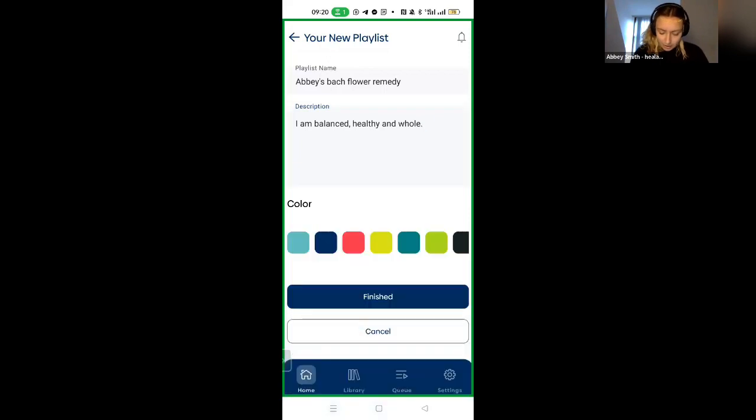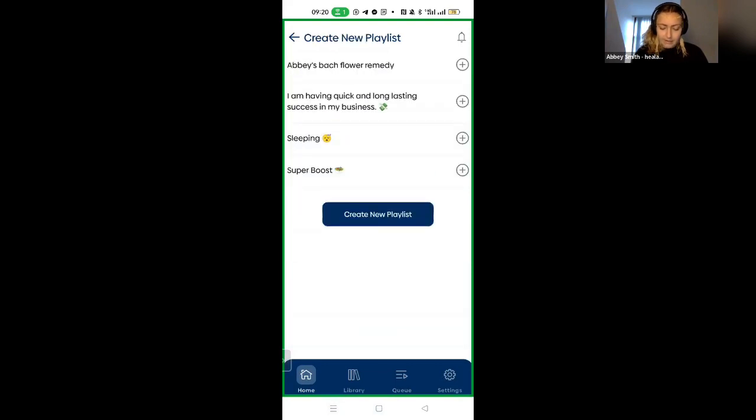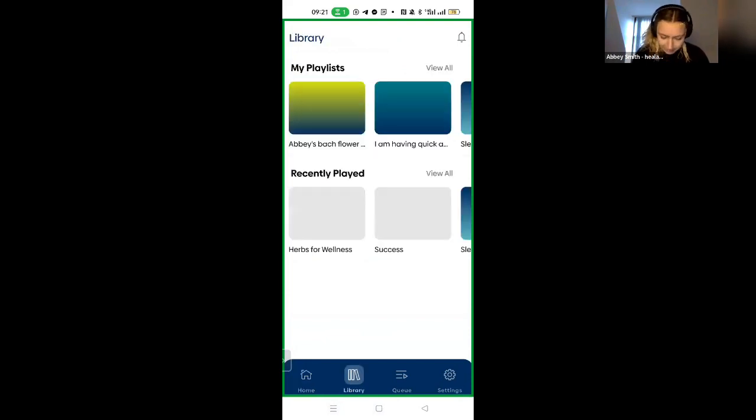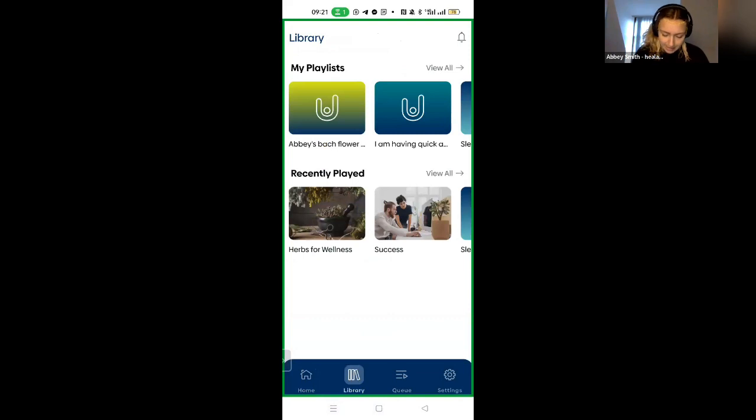So I'm going to give it a color, and I think I'll go for this nice greeny color, and then I'm going to finish. So now it's creating Abby's Bach Flower Remedy. You'll see it at the top. I like putting pictures with mine actually, but I'll do that later. Okay, so I'm going to go back. So I've put chestnut bud in there already. I'm going to go back to the library, back